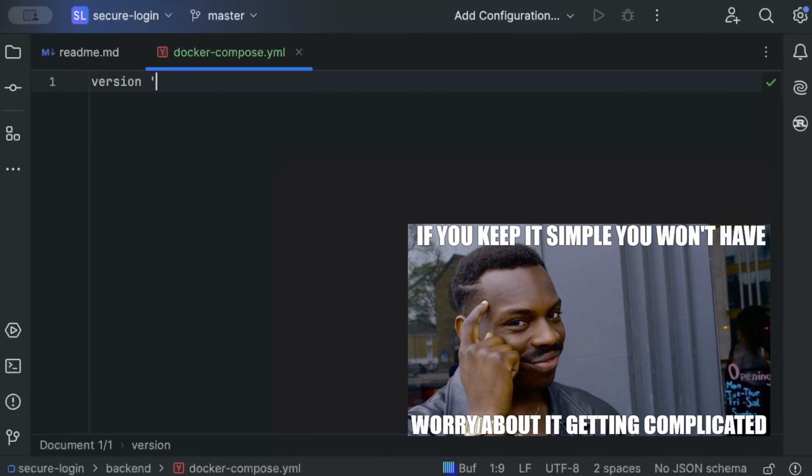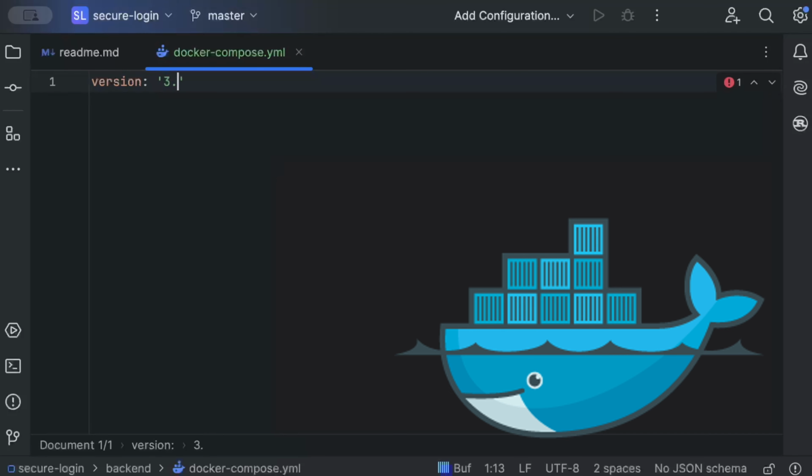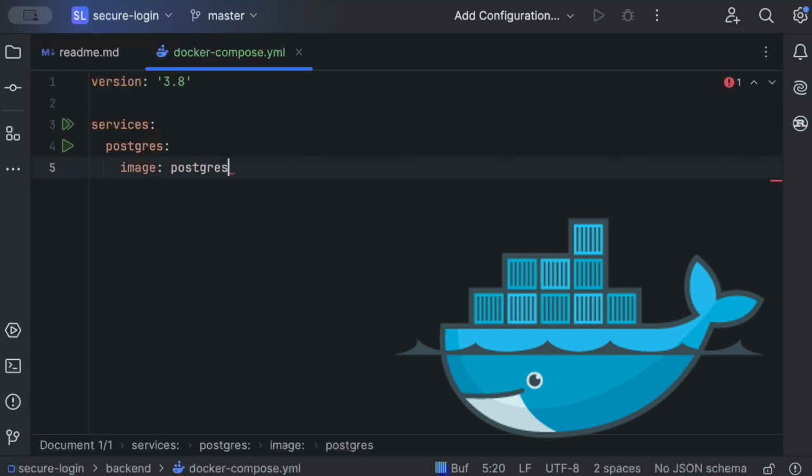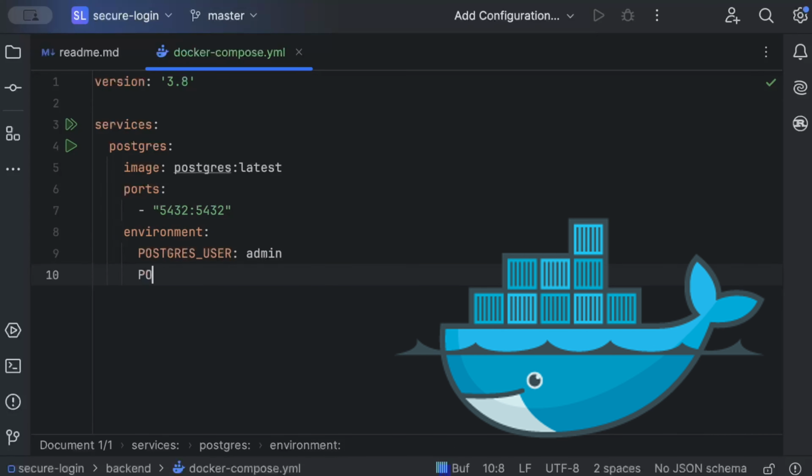So we'll just do version as, let's say, 3.8 and services postgres, image as postgres latest, and ports we'll just print the default port, 5432, and then we'll pass a few environment variables where POSTGRES_USER as admin and POSTGRES_PASSWORD as admin123